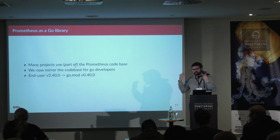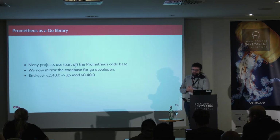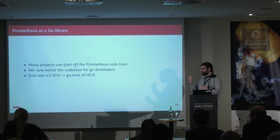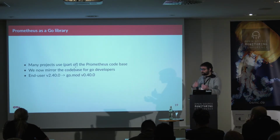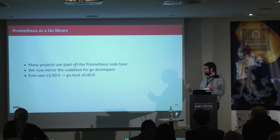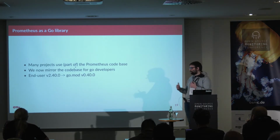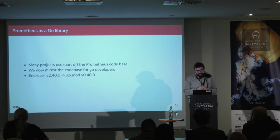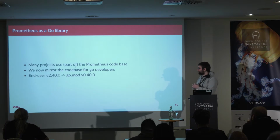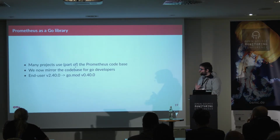Next up is Prometheus as a Go library. So many projects depend on the Prometheus code base, mainly Thanos, Mimir, but also people writing PromQL expression generators, parsers, anything you can think of. People are using the Prometheus code base. We also have projects using the service discovery part of Prometheus, and we wanted to find a solution to deal with those users, because of the way the Go